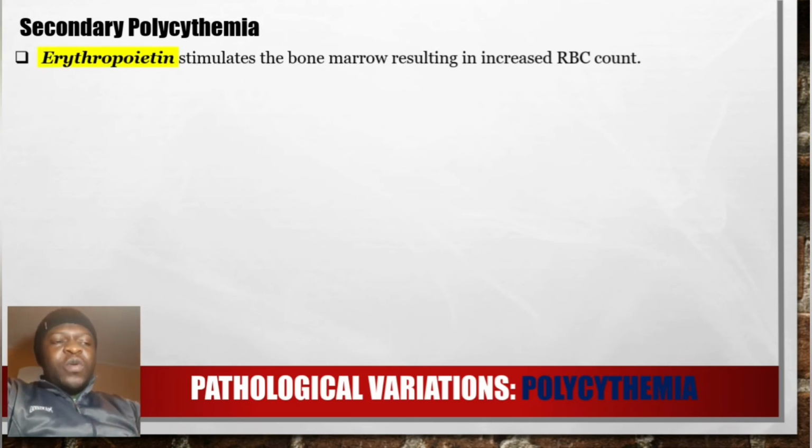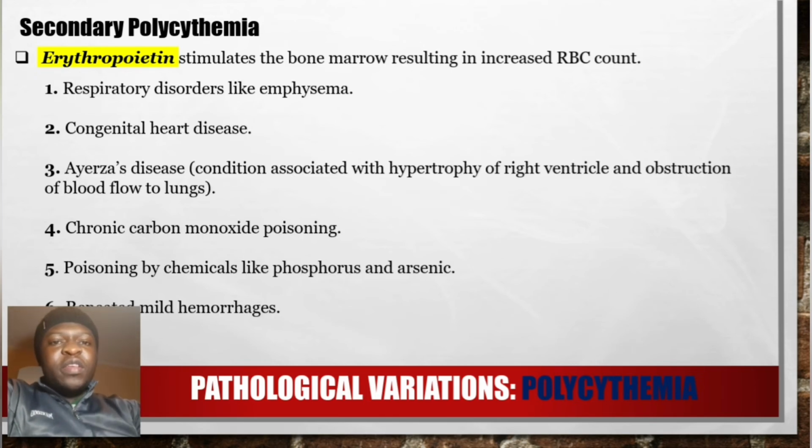This secondary polycythemia, for starters, is started by conditions which cause hypoxia, right? So if you remember, we said hypoxia will stimulate the kidney to produce erythropoietin, and then erythropoietin will go to the bone marrow and cause a production of RBCs, right? And some of the conditions which cause hypoxia, therefore leading to increased stimulation of the bone marrow by the erythropoietin, include the following: